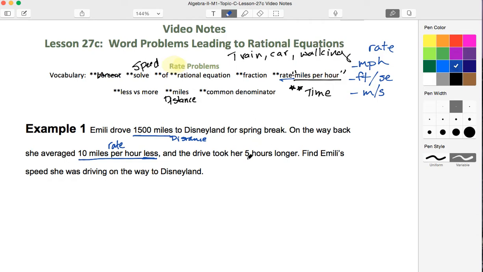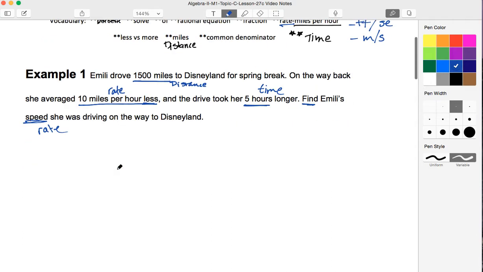And the drive took her 5 hours longer. So this is a time value. Okay, so we have a distance, a rate, and a time. And we need to find Emily's speed. So speed is also rate. Oh, it even says find. Our find is going to be a rate as she's driving back to Disneyland. So looking at our